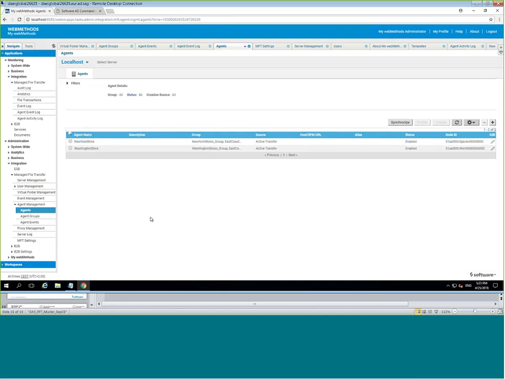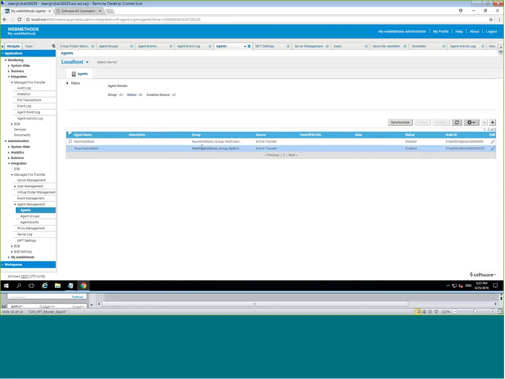I would come to the agent screen, and then you would synchronize. You'd click on the synchronize button. This will automatically pull up the agents that were installed by Command Central, and then it'll automatically enable them. So as you can see here, these agents are enabled and they're good to go. In my demo environment, I have two agents defined. I have a New York store and then a Washington store. These are the two agents defined.